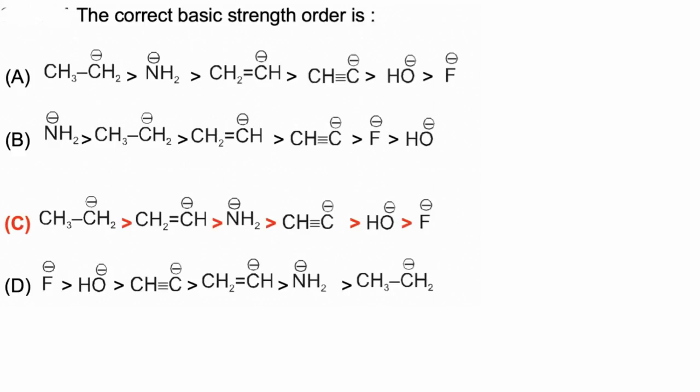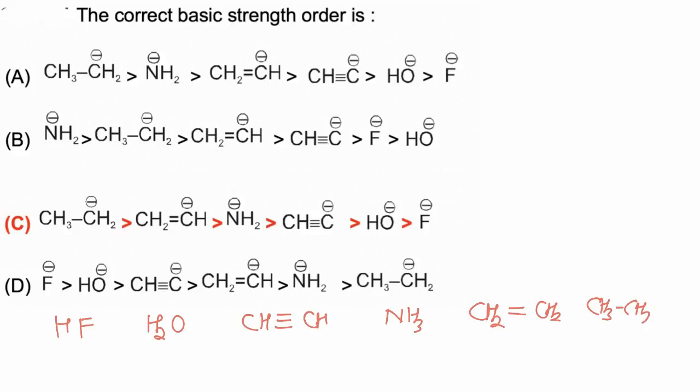In this question we have to compare the basic strength of the given anions. Now the basic strength of an anion can be compared on the basis of its conjugate acid. A stronger acid will have a weaker conjugate base. So now if we compare the acidic strength of the given compounds, so if HF, H2O, acetylene, ammonia, alkene and alkane are taken,